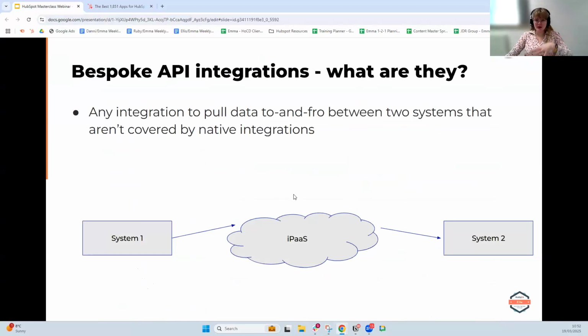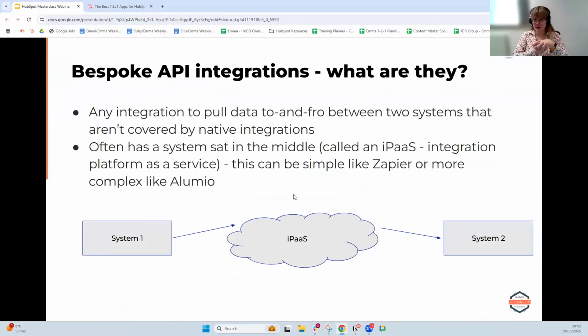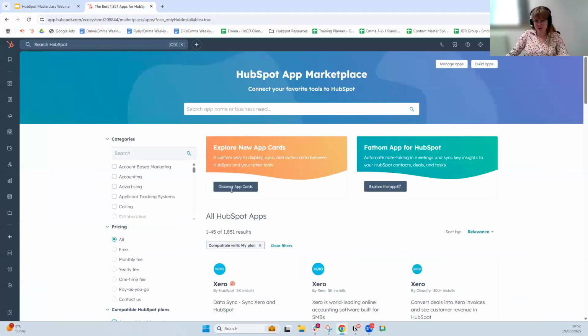The final type of integration that you might be looking at here is what we would call a bespoke API integration. And these are the most complex of the integrations. Essentially, if the platform you want to integrate with isn't on this app library, if it's not one of these almost 2000,